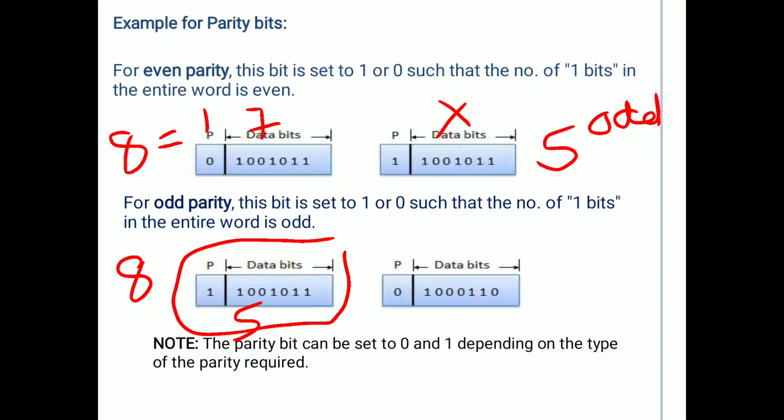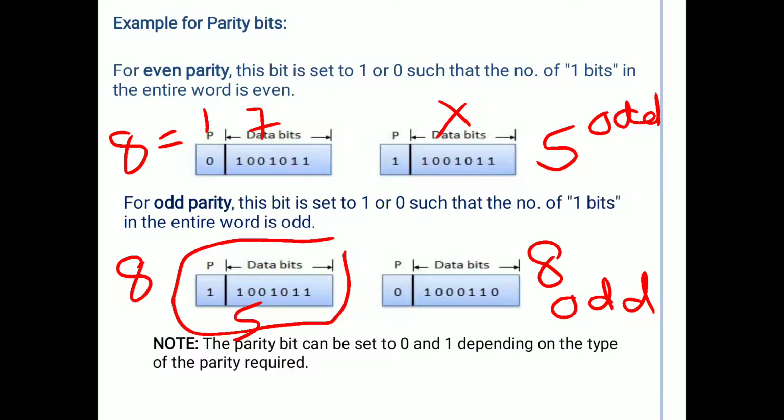Like that, here this is not an odd parity, this is an even parity. Why? The total number of ones here are 1, 2, 3. So in place of the parity bit, we will place 0. So totally 8 bits of data are there. In those 8 bits, 3 bits are ones. So 3 ones means it is related to odd parity.